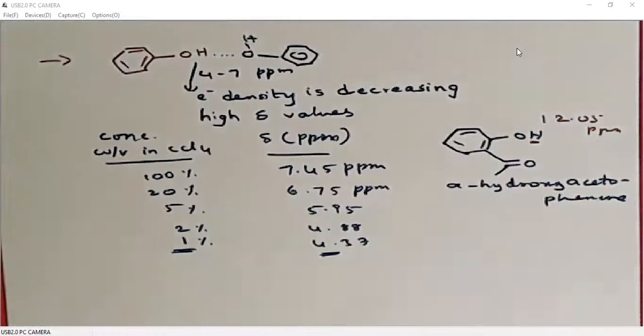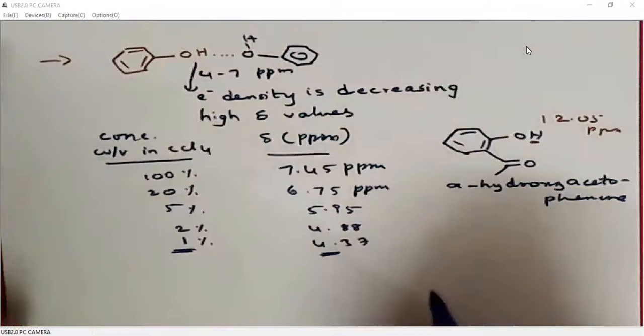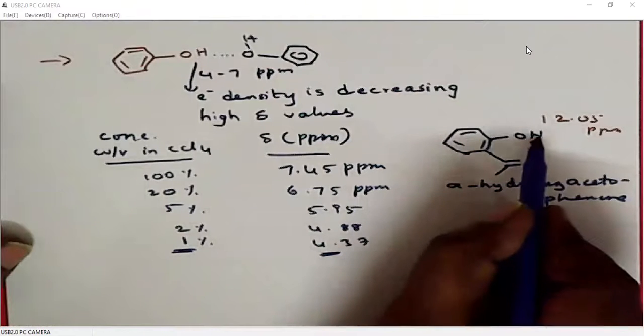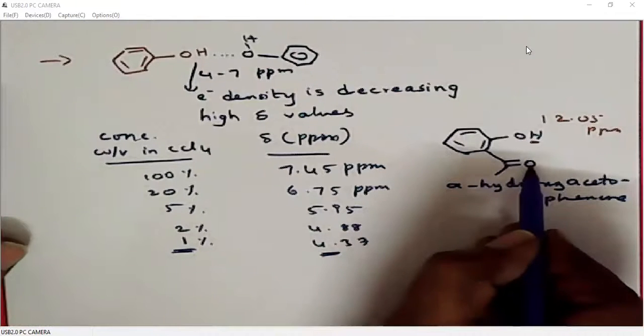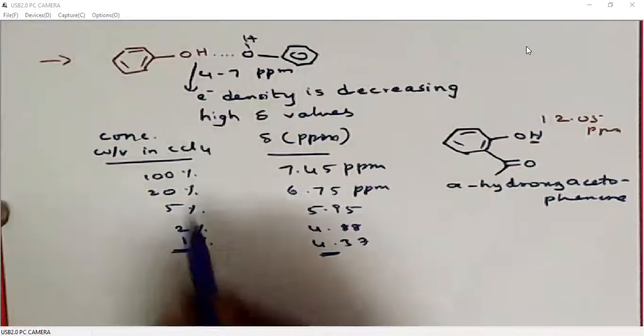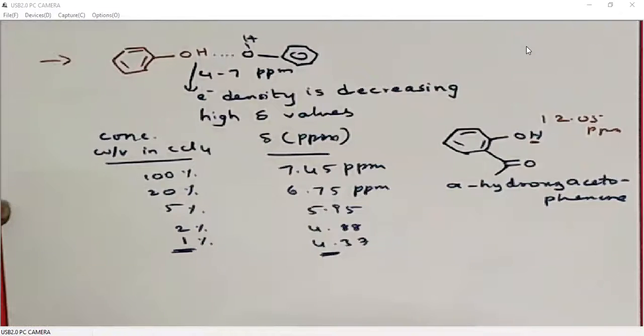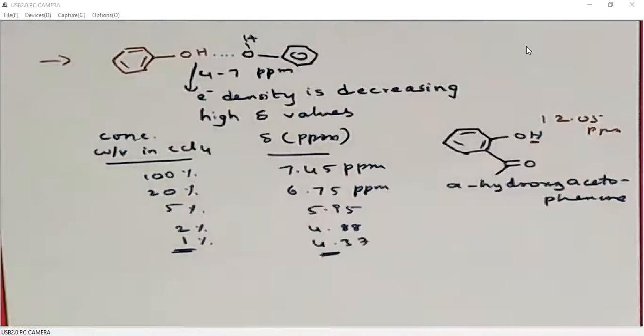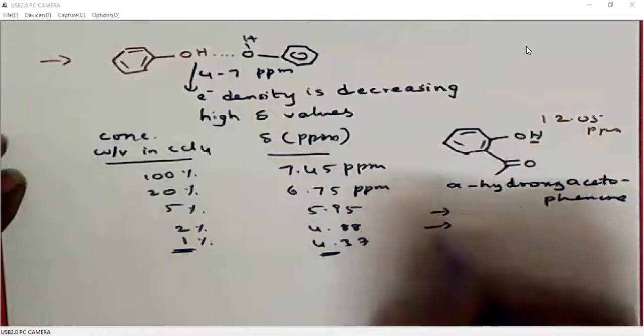Why is it giving such a very high delta value? Right. Because it involves intramolecular hydrogen bonding. Look at the transition state 1, 2, 3, 4, 5, 6. So it involves intramolecular hydrogen bonding, so it is an obvious thing whether it is a dilute solution or a concentrated solution. Second thing, it is also present in the de-shielded region. When the carbonyl is there, it will have shielding or de-shielding. The proton is present in the de-shielded region. So that is why it is appearing at a very large delta value. Okay. So there are two reasons for this.